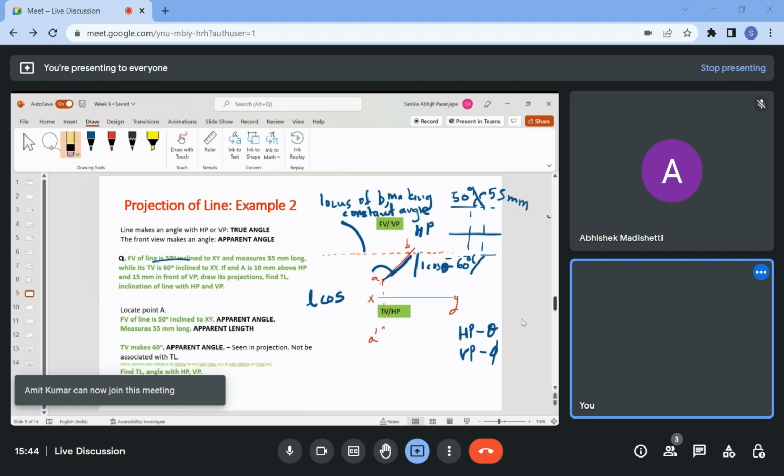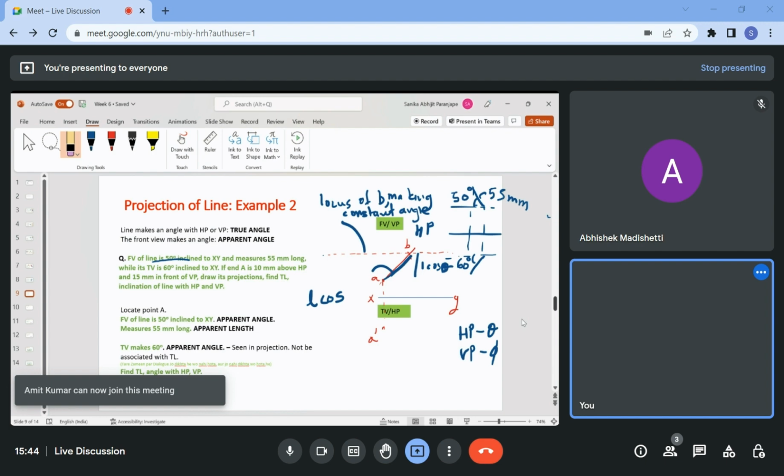Now I just realized that we already got the true length, right? So we didn't have to actually project it here and then get it down here and intersect it with this one. What we could have done is, since we already had the true length, and I have the locus here,